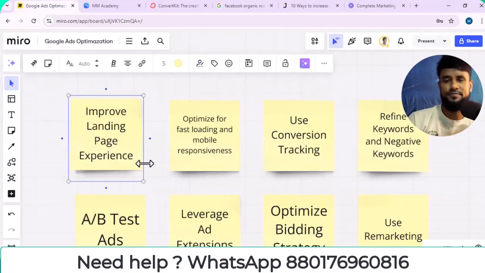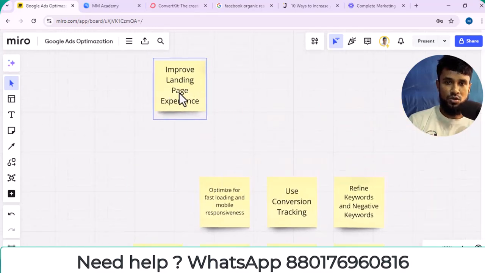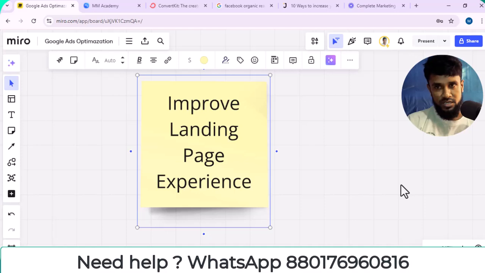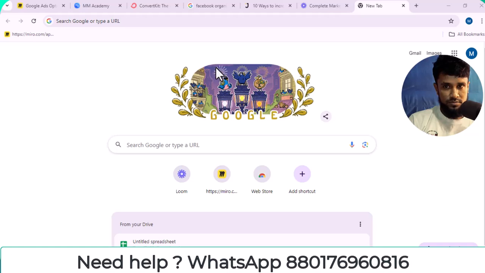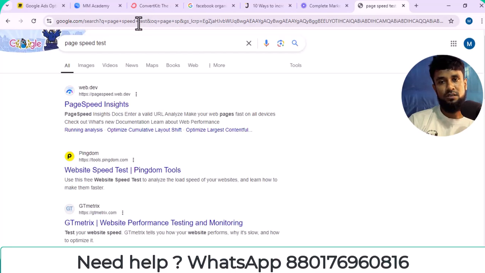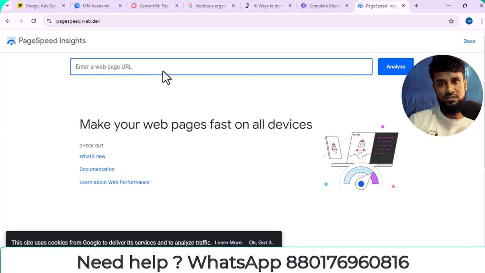First of all, you have to improve your landing page experience. Okay, so landing page experience is so important. Improve your landing page experience. Suppose you check your page speed here. Just write here page speed test. Here you can see the page speed insight. Just write your website URL. Suppose I write one website URL